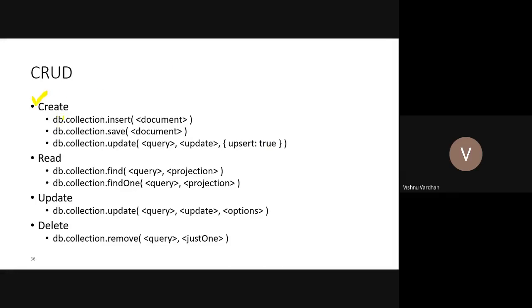Under create, we can see this is the database name. The db object is by default associated with whichever database you have activated in MongoDB. We will see that in the demonstration. Whenever you are using a particular database, it is associated with this db object. Then collection is your table name. In this collection, you can insert by using this particular format. Not only that, because we are using the document format, you can also use the save method to create a resource in the database.